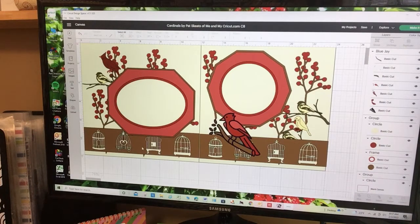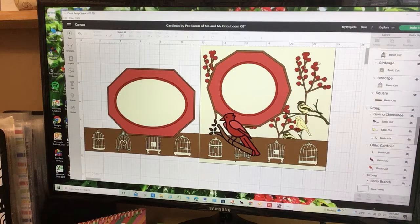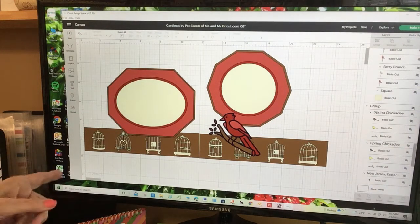All right, so this background is to show you to find a pattern paper that goes with your photos. So I'm going to close that. I think, yes. There seems to be a bit of a delay. There we go. So I added a border